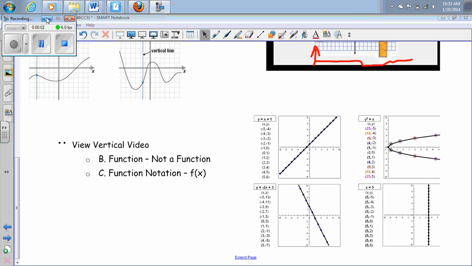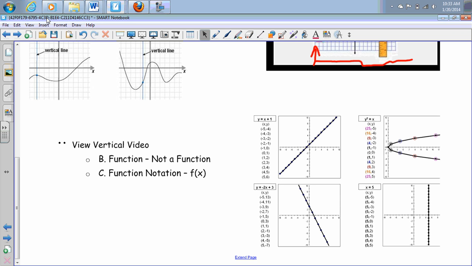Okay, the final video for checklist number 5, part 2 on the videos, is going to deal with function notation, or known as f of x. Okay, in your textbook, still on page 258, under evaluating functions number 2, we're just going to talk about several